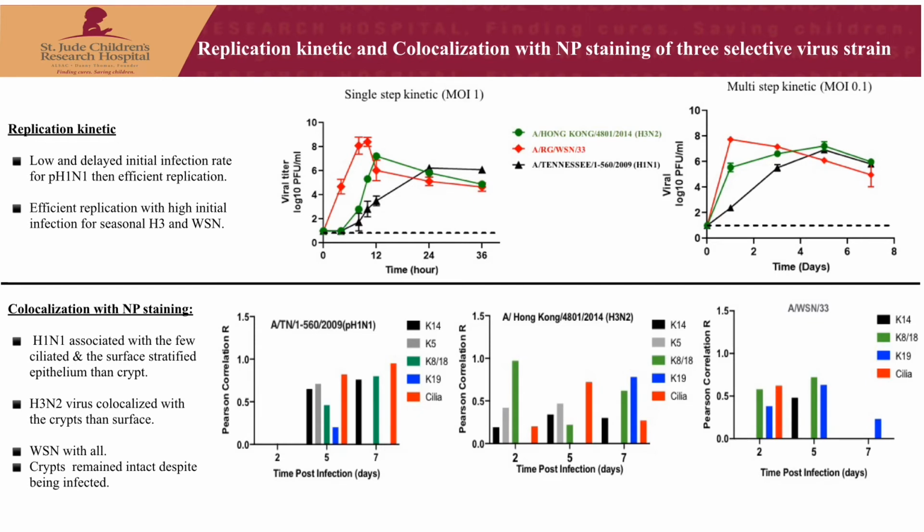For the co-localization with NP of influenza virus staining, we found that H1N1 was associated with the few ciliated cells and the surface stratified epithelium and crypt. But the H3N2 virus co-localized with the crypts more than the surface epithelium. The WSN was localized with all types of cells. The crypts remained intact despite being infected, while the few ciliated cells and the surface stratified epithelium underwent apoptosis and